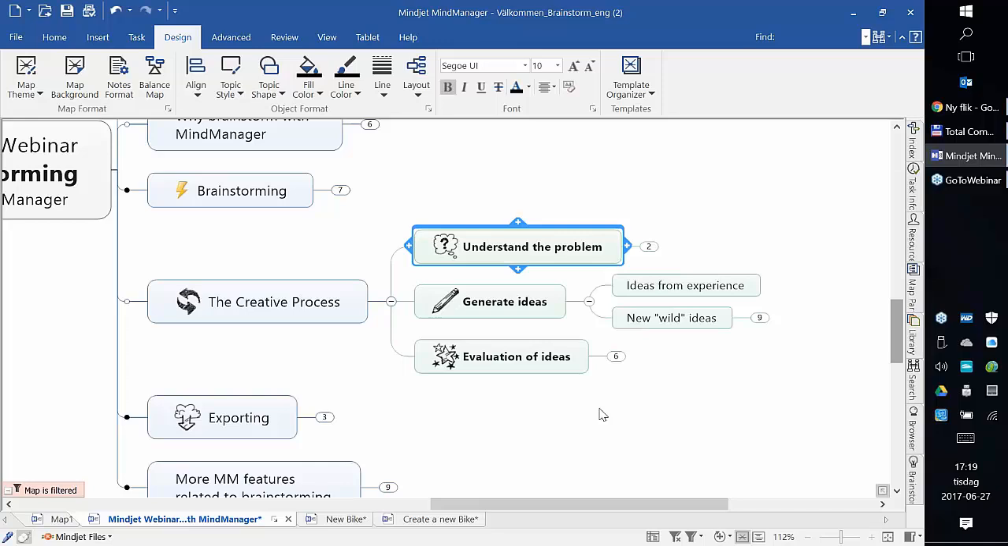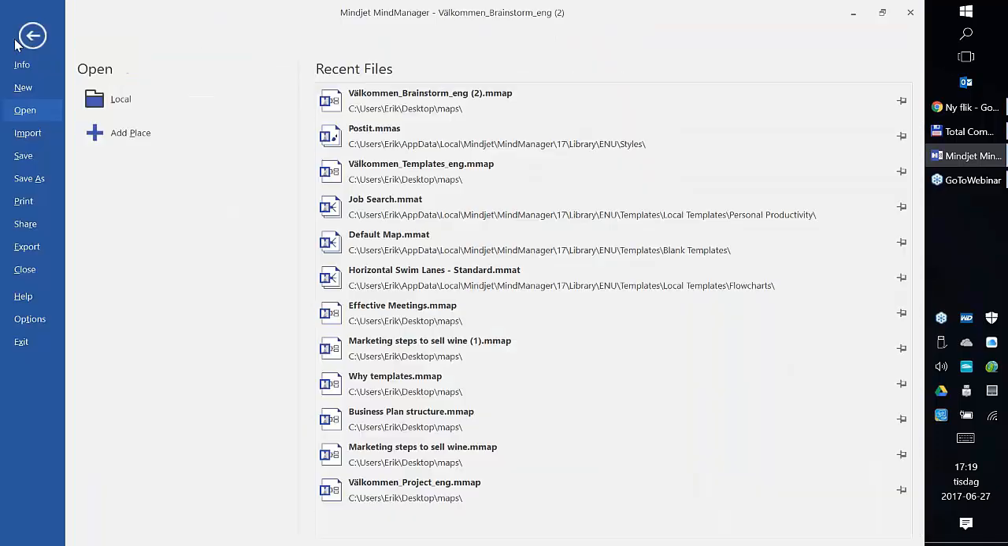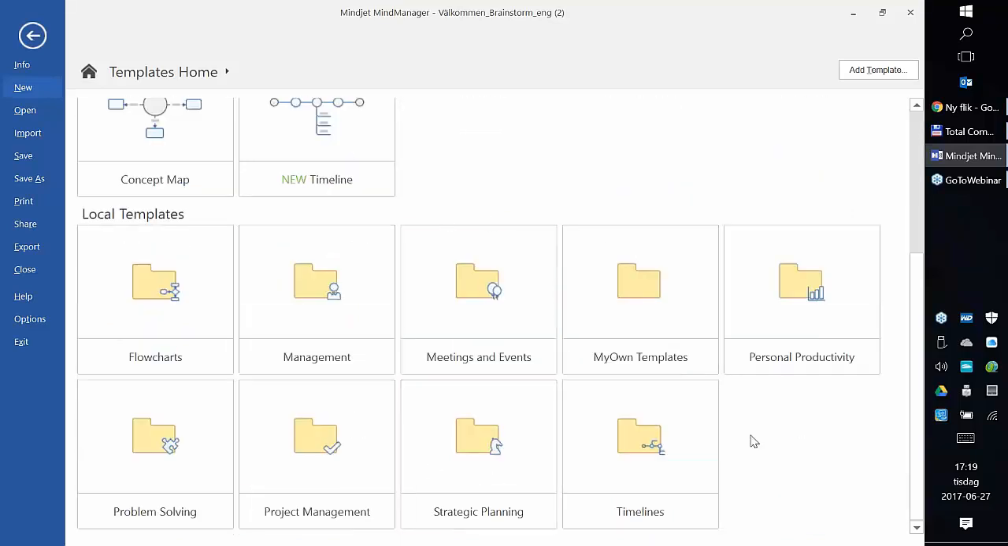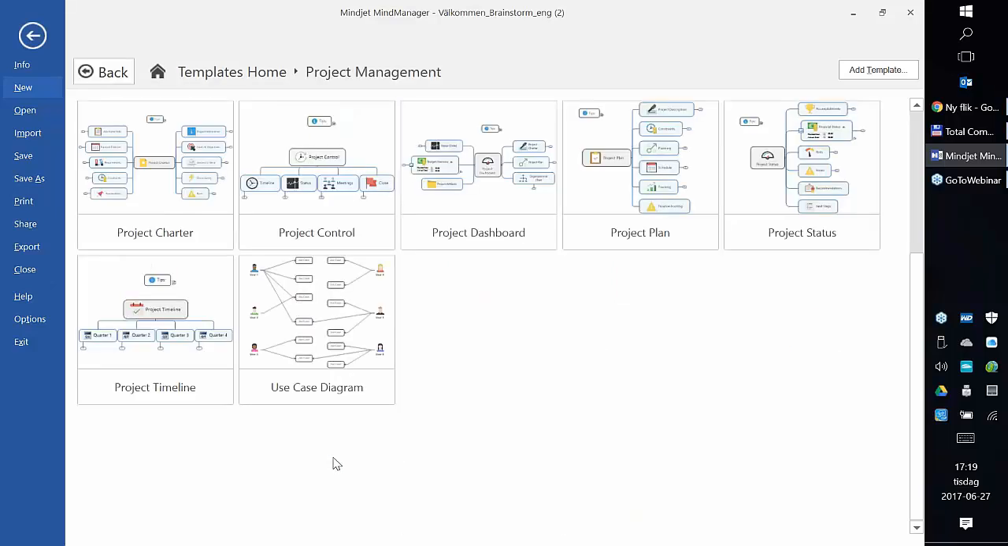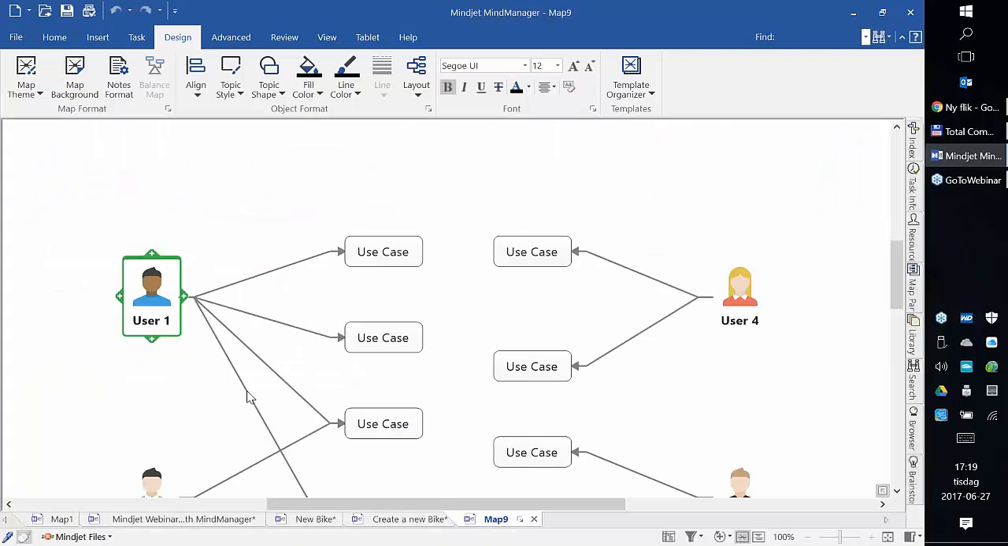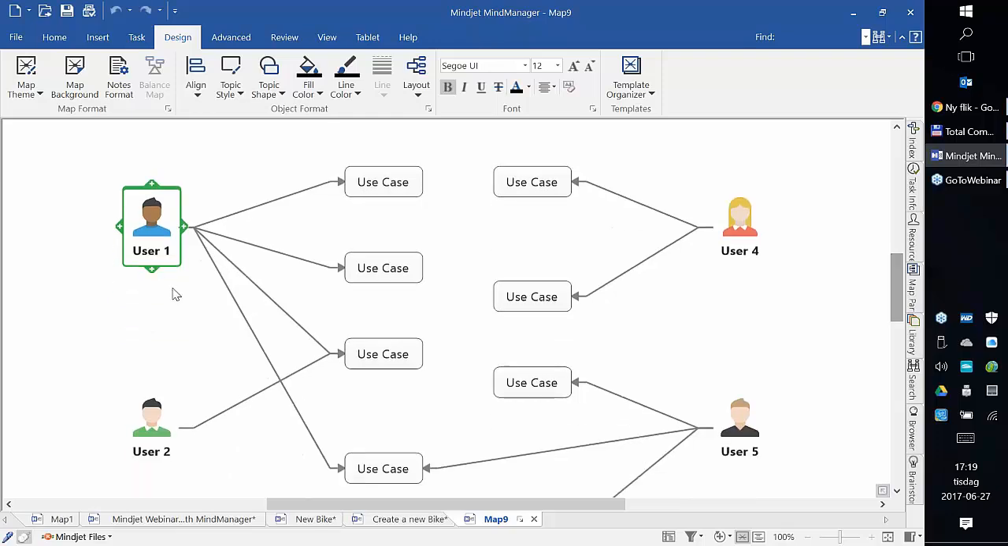There are also other maps that you can use in order to understand your challenge or your problem. And there are some really useful templates in MindManager. And if you go to File, New, you see a lot of templates here. And I have found that there is a template in the project management category, which is a use case diagram. And that is one template that fits really nice if you're working with personas. So let's say you are developing a new app, something like that. You can have personas, so saying that this is the